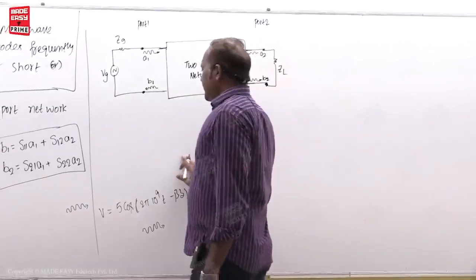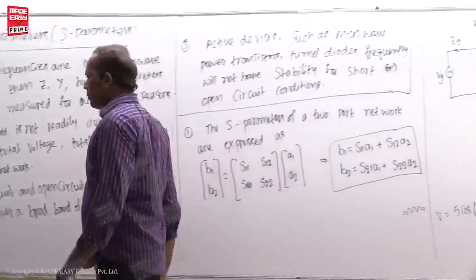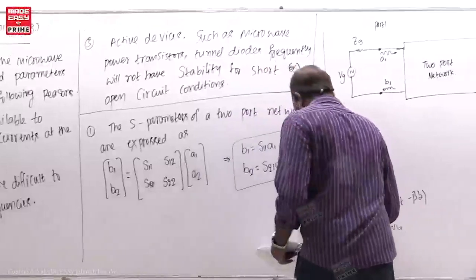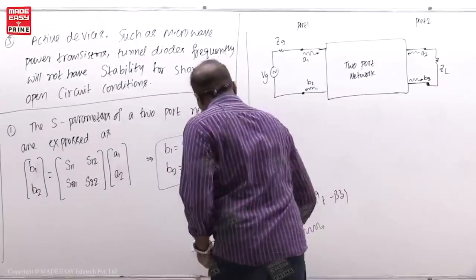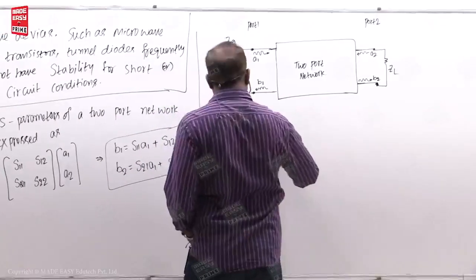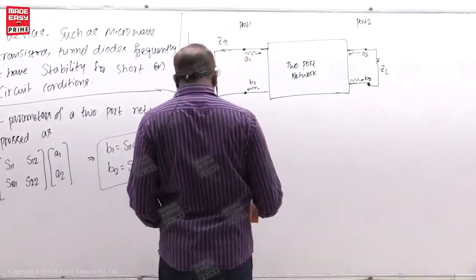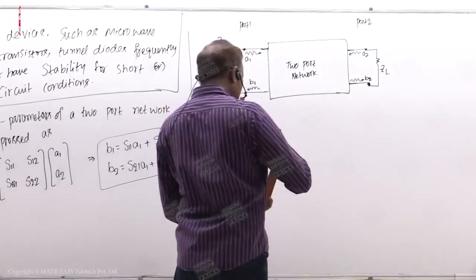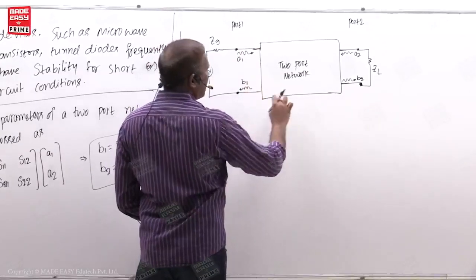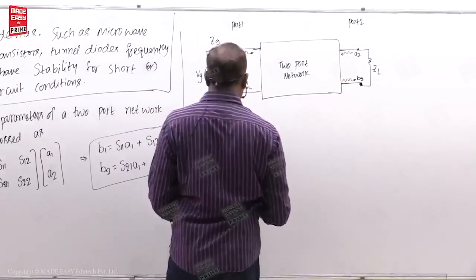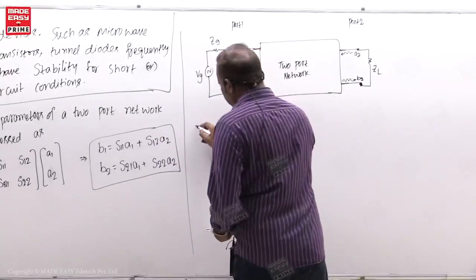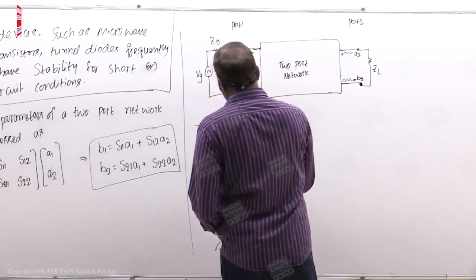Okay. Now this is the way you represent the two-port network variables for S parameters. Okay, right? I told you, you can represent them top side also, you can represent this bottom side also. This top side, this bottom side, doesn't matter now. Okay, that is not the issue. Now, the logical